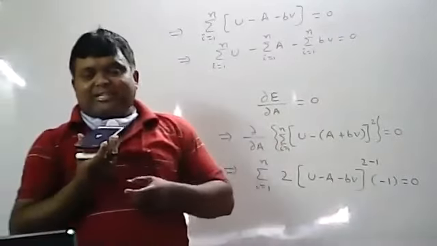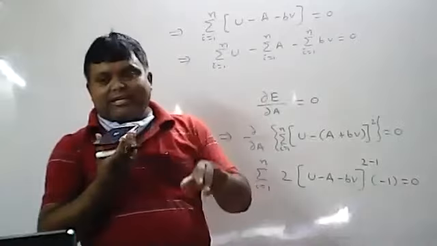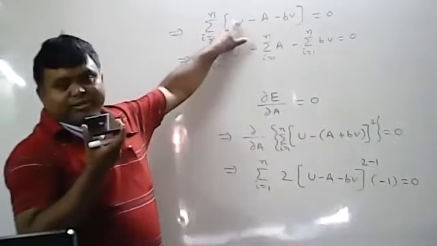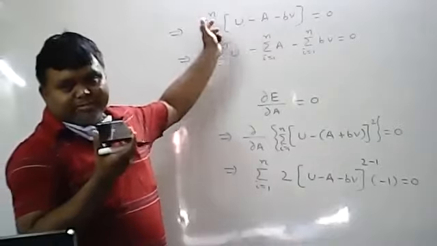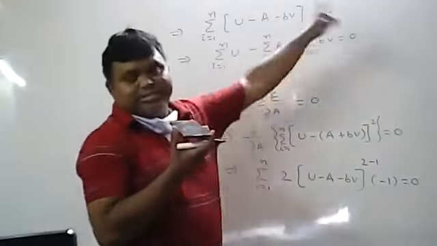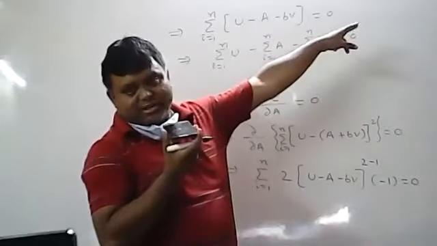Now actually in the previous derivation, y terms are separated, remaining terms are separated. In terms of y what we have now? U. In terms of y you have u now. So separate the u terms and remaining terms. U term means only one term is there. So remaining terms you can send that side. So automatically we will get the first normal equation.